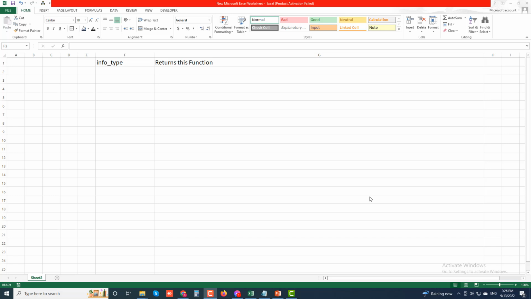Today I'll discuss getting specific information about a cell. The CELL function is the basic information function for getting all sorts of data about the current contents and formatting of a cell. The syntax of the CELL function is